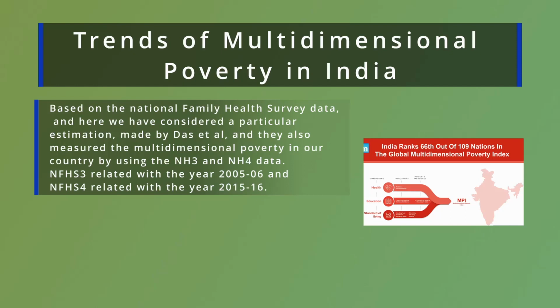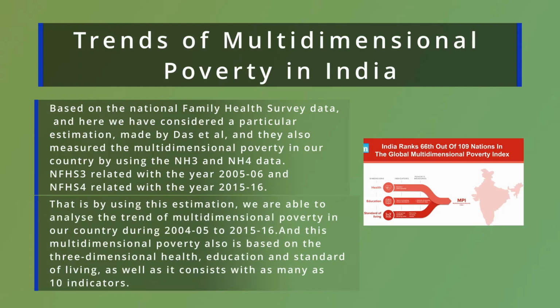They also measured the multidimensional poverty in our country by using the NFHS 3 and NFHS 4 data. NFHS 3 is related with the year 2005-6 and NFHS 4 with the year 2015-16. That is, by using this estimation, we are able to analyze the trend of multidimensional poverty in our country during